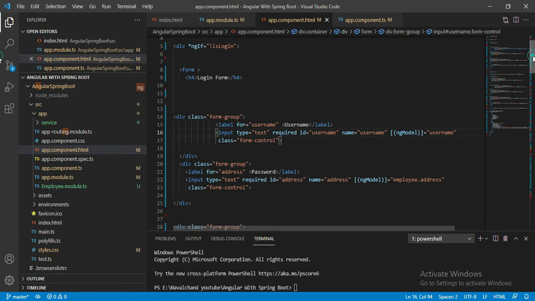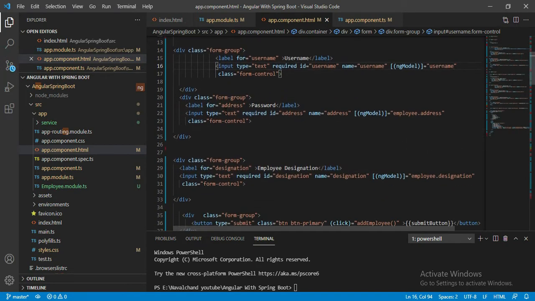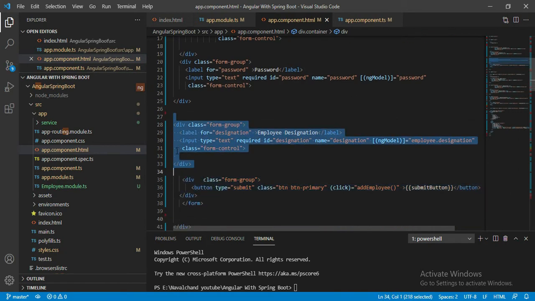Let's scroll down a little bit. Here change password, and here also put the password. Okay, let's save this. We don't need this employee designation content or all this content.